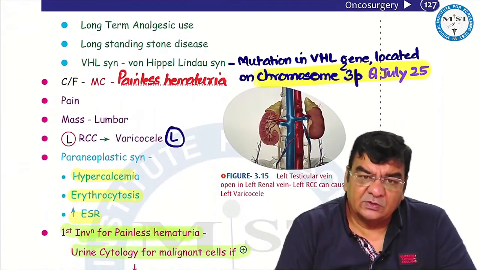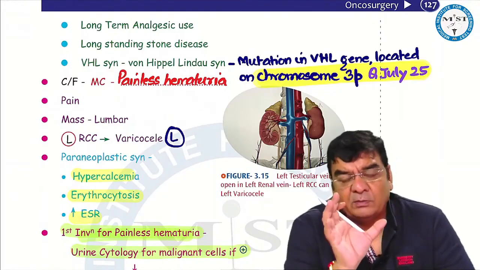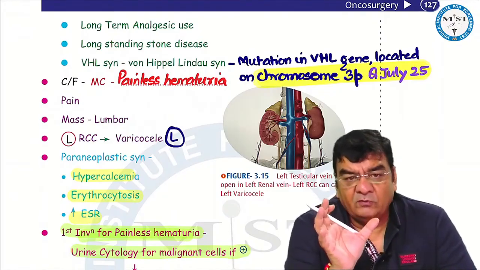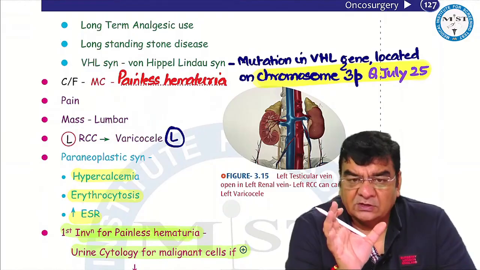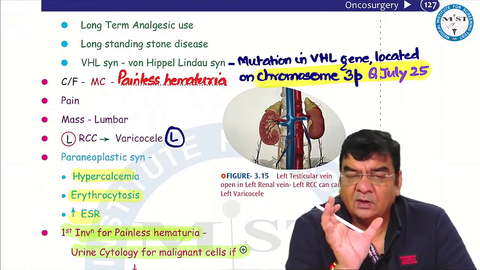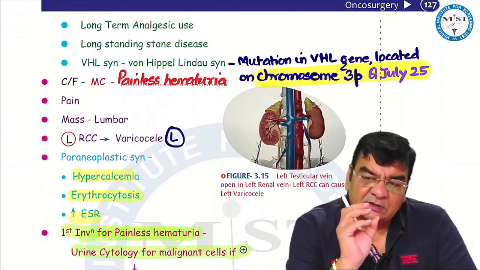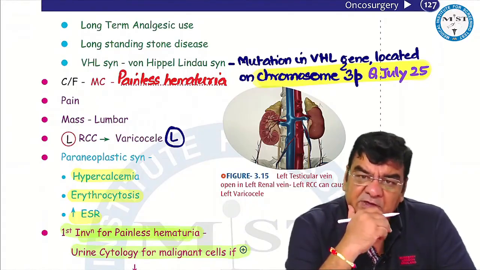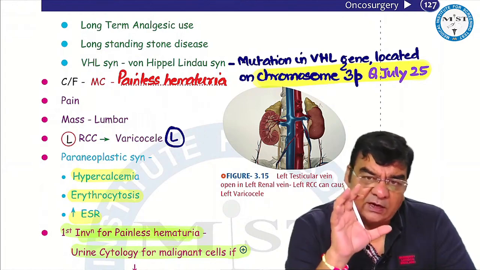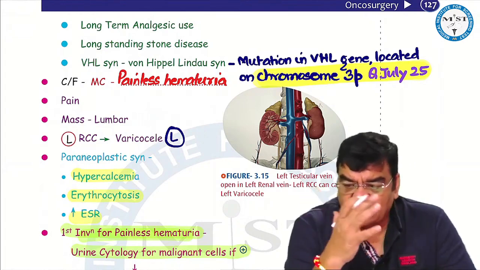Long-term analgesic use, long-standing stone disease in the kidney, and von Hippel-Lindau syndrome, which is associated with mutation in the VHL gene located on the short arm of the third chromosome, are other risk factors. Now, whether it's a kidney cancer or bladder cancer, generally the patient presents with painless hematuria. However, a kidney cancer patient can present with a mass in the lumbar region, there can be a pain in the lumbar region,